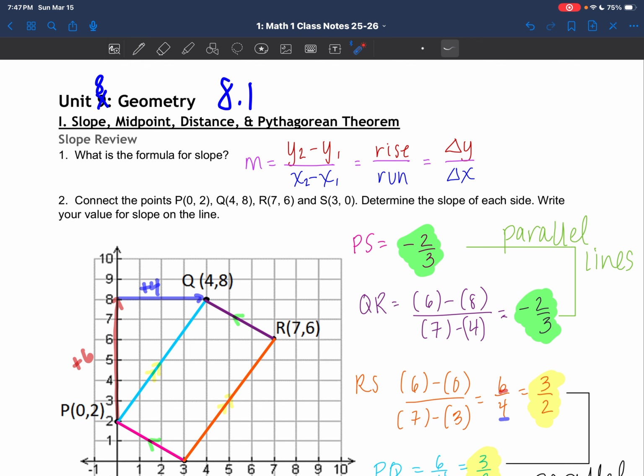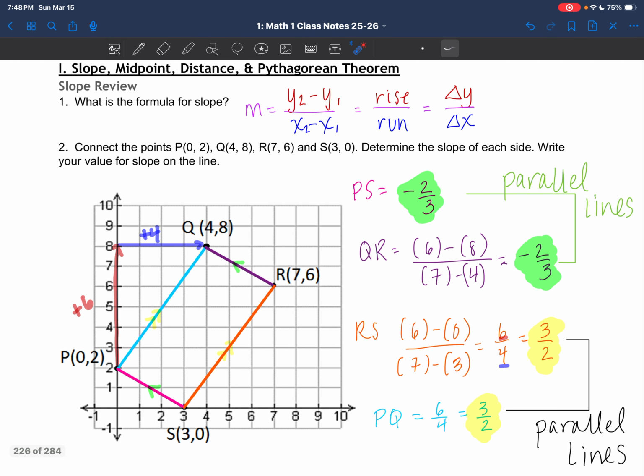So what we're going to do here is I've already done the graph for you where I plotted all these points and then I connected them. And what I'm going to do is determine the slope of each side. So I went through, and for PS, to get from here to here, I found the slope. When we did the slope, I went down 2 to the right 3, and that's as simplified as you can get. Now for QR,